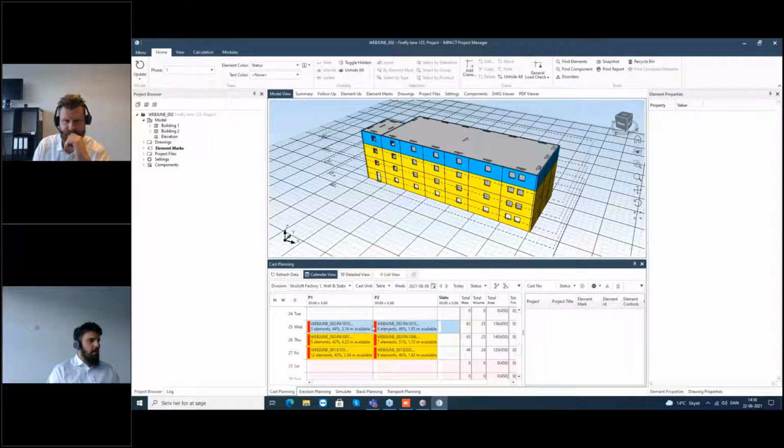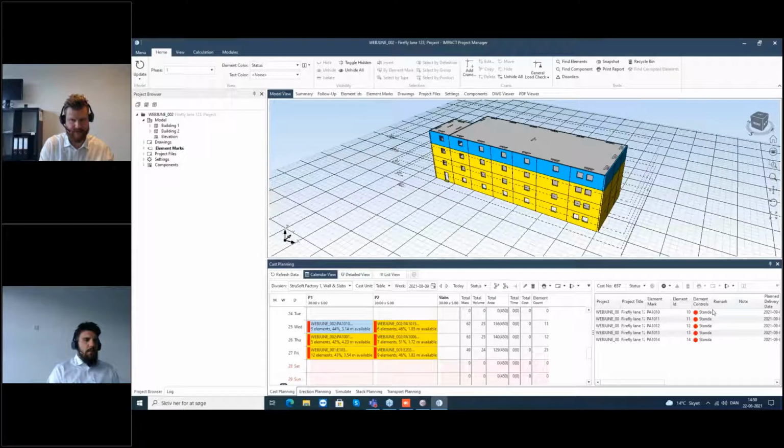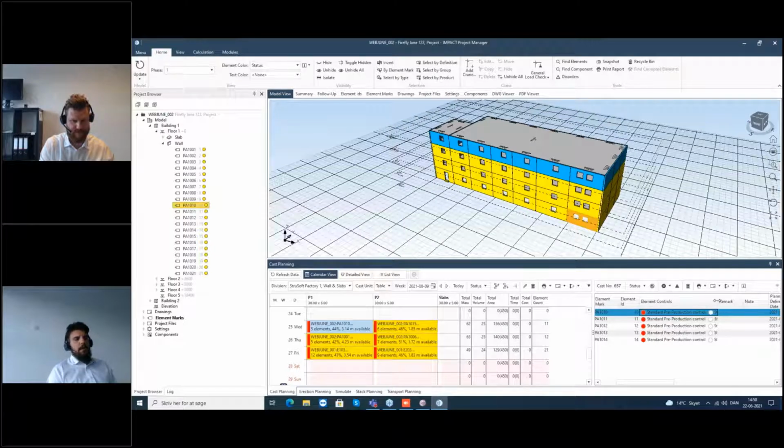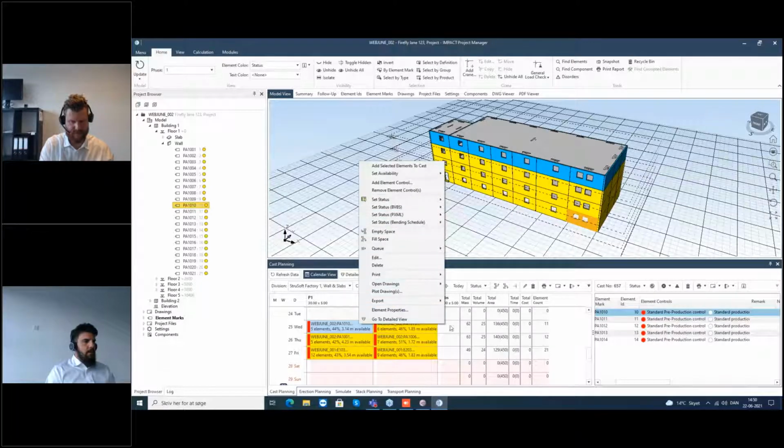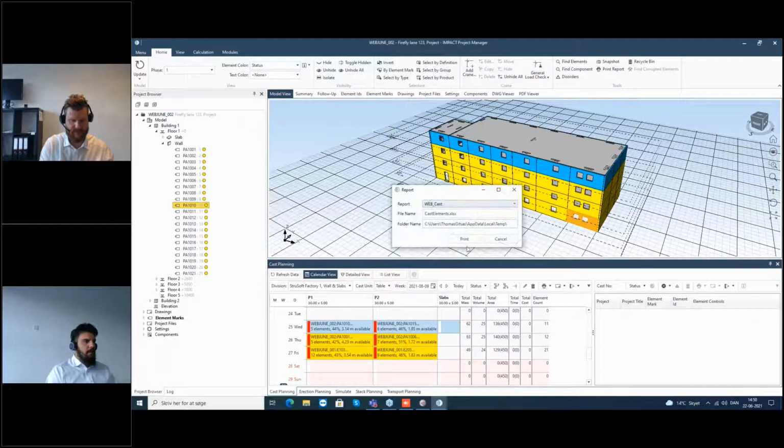Here we are. All right, after a small break for all of you, so you could sip a little bit of coffee, you know that every bed has its elements, right? So what we try to do here is, you see here we have the controls. Before we produce the elements, we have the standard pre-production control, and after we produce, we will have the production control. Color is also applied to that little box here, so a production planner can always know the status of the elements on the cast planning. If I right click on this, or on multiple, I can print out my cast label, webcast, print it out,